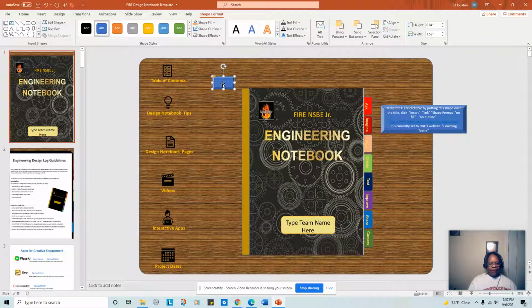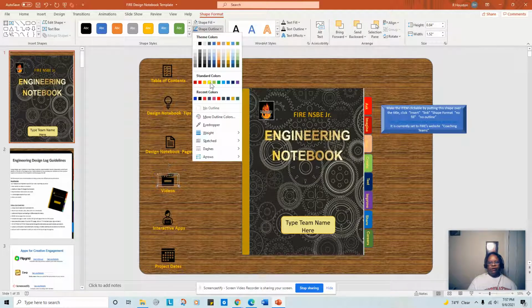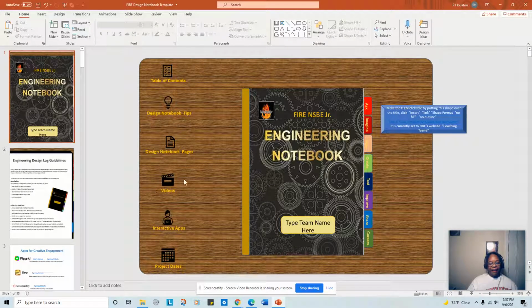And let's say I want to make that videos. By putting it here, I now go up to shape format, and I decide there is no fill and there is no outline. So all I have is the icon that, if I move my little box, the students can't do anything with the icon. My little box that I just linked to the It's Science, the students can go there, click,